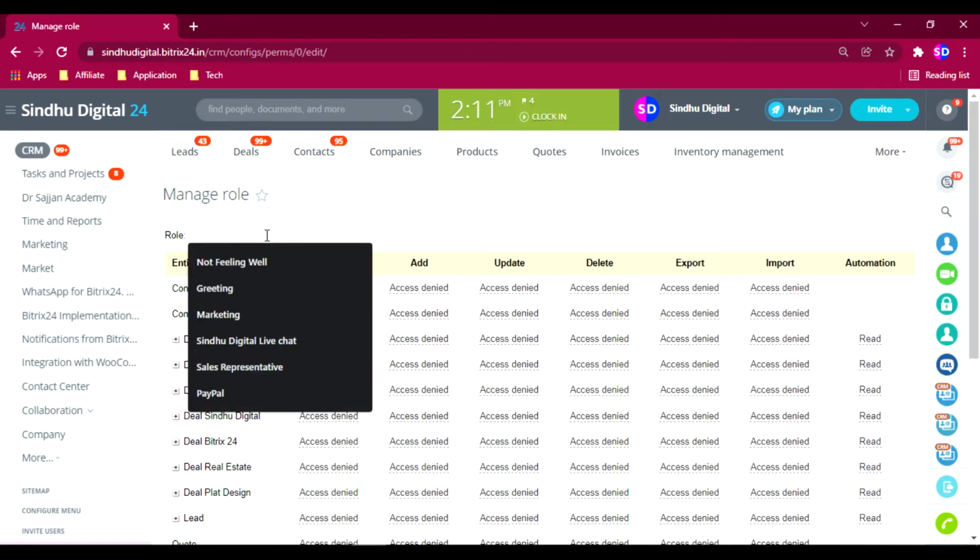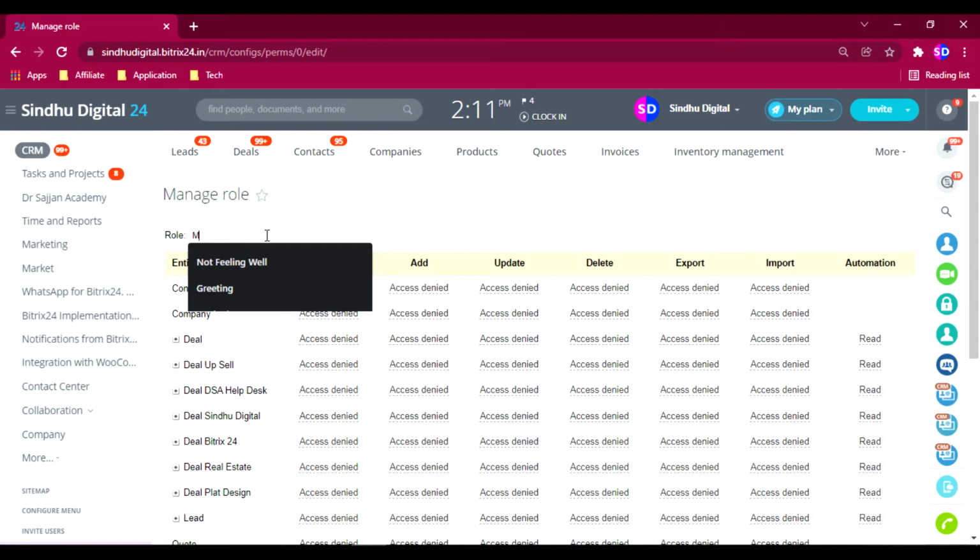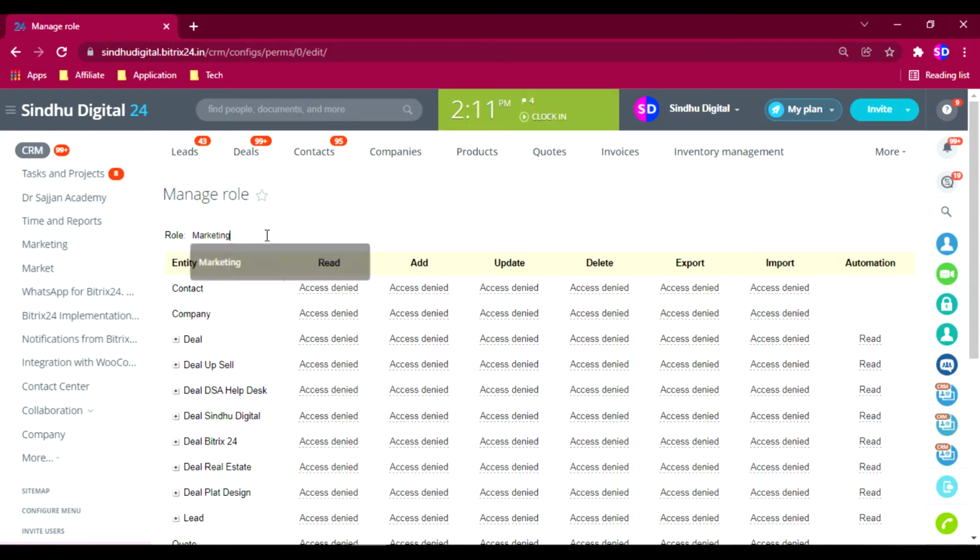I'll name it Marketing. This role is related to the marketing people working in the organization. I need to cut down some of the access permissions, so that individuals do not deal with activities related to other departments.